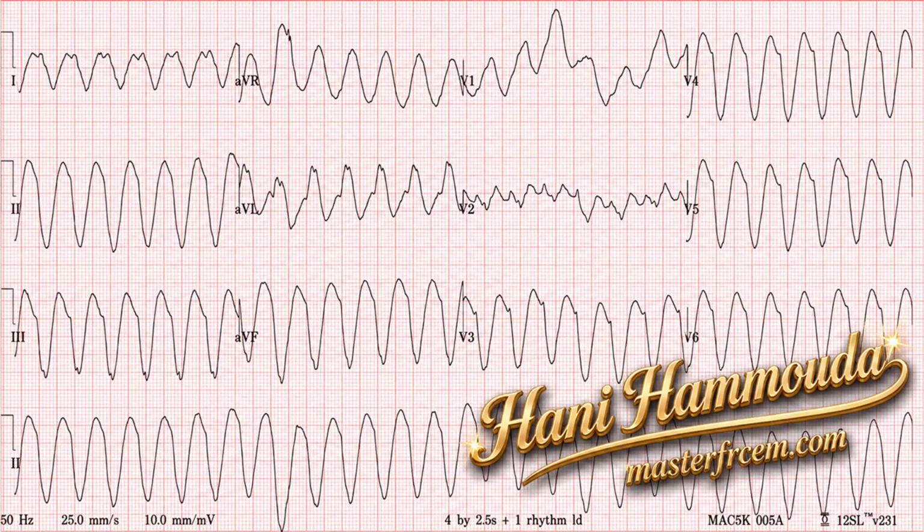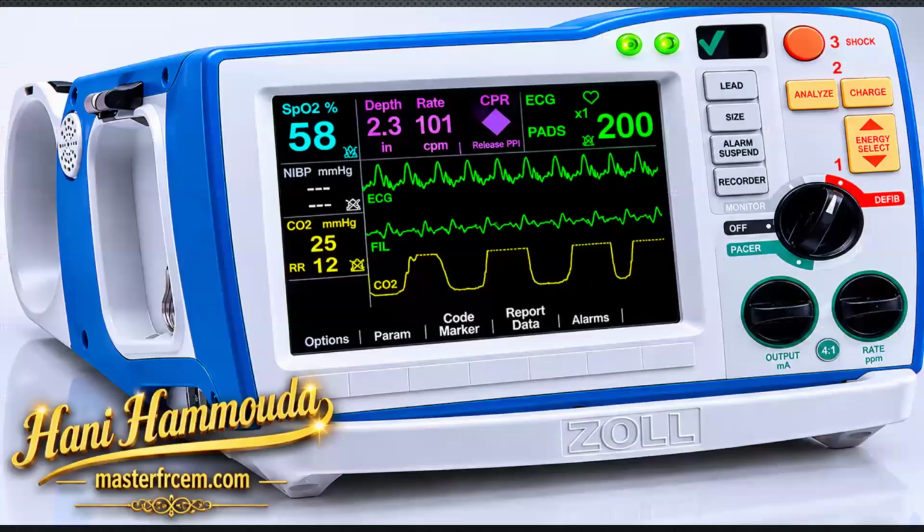Please, can we connect the pads to this patient? We need to cardiovert this patient because I can see the rhythm has changed to a VT and he's got an unstable feature, ischemic chest pain. So we connect the pads now. Can we get the anesthetic team on board to give this patient some conscious sedation for this procedure? Okay. So I'll assume that is done now. So I want to cardiovert this patient. I'll start with 150 joules of cardioversion for this patient.